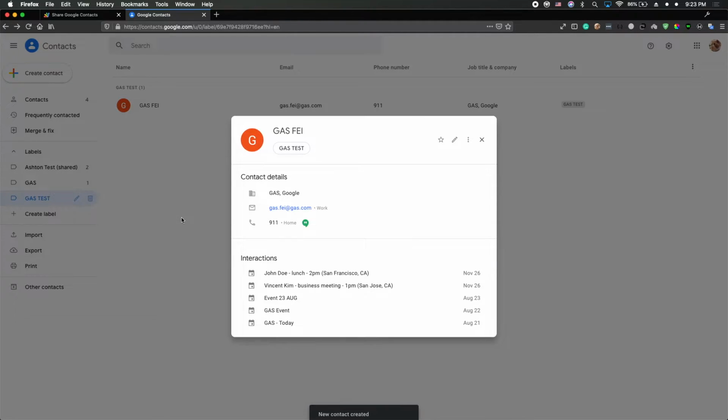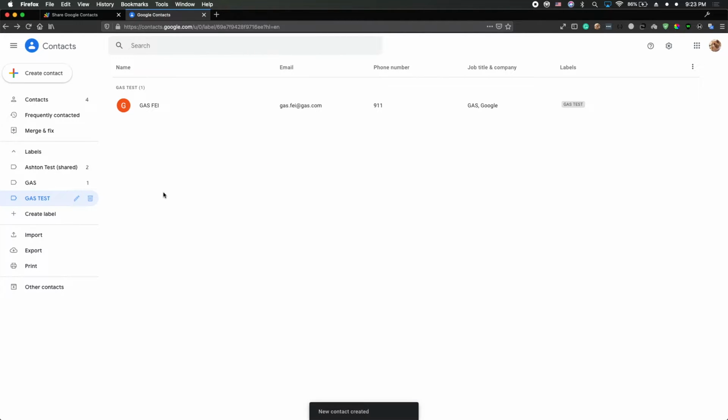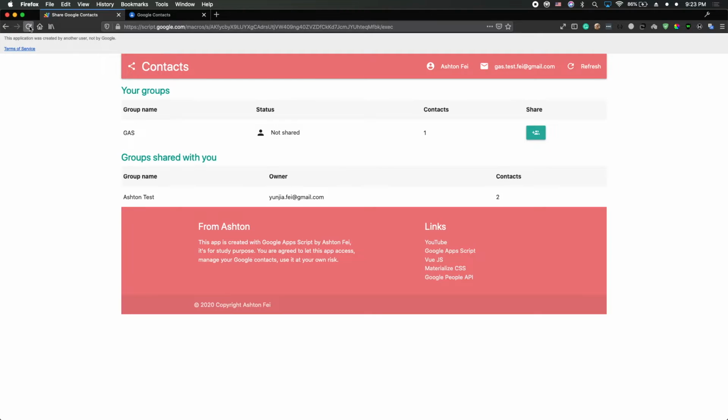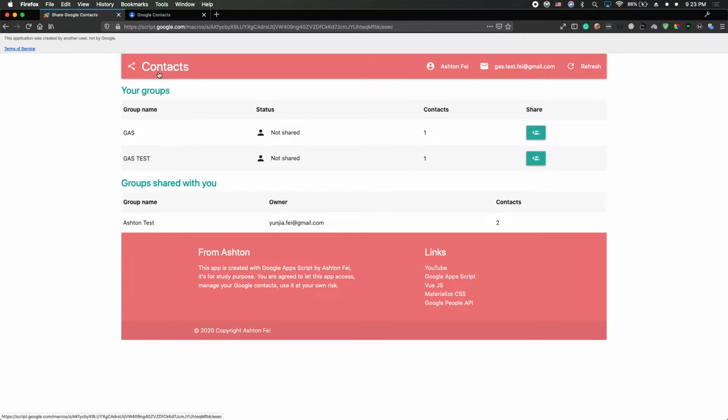So once you create this label in your Google Contacts, you need to refresh this page. You can either click this refresh button or you can refresh this page. It's basically the same thing. All right, so now as you can see, I just get this label. So I now have 2 groups,